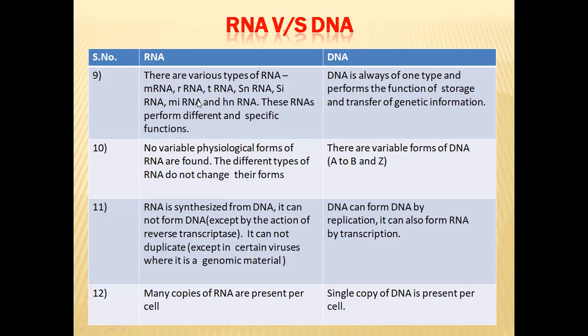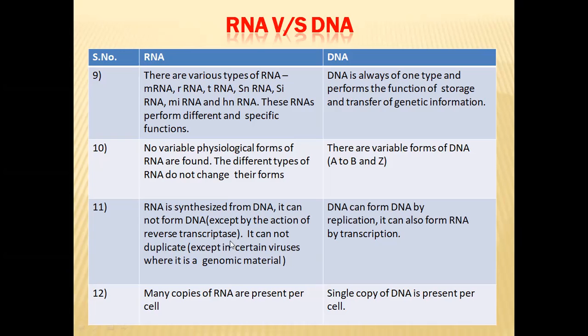And all these RNA types always possess the same form, so their forms will not be changed. Whereas coming to DNA, DNA will have three different types of forms: A-DNA, B-DNA, and Z-DNA. Depending on the internal conditions, DNA can change its form from A to B form, B to Z form, like that. RNA is synthesized from DNA, and usually DNA cannot be formed from RNA, but in some cases,